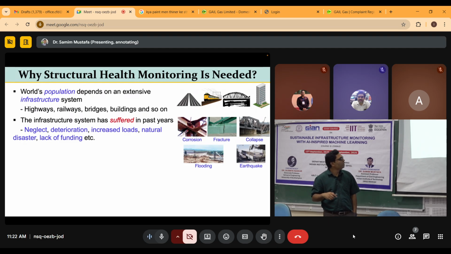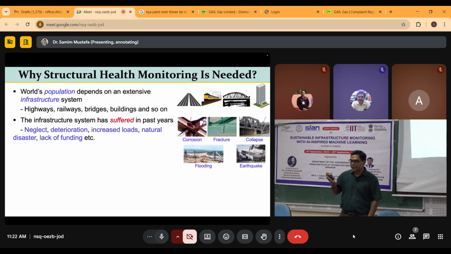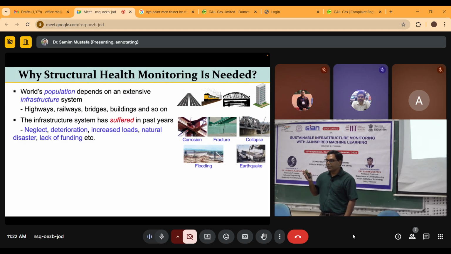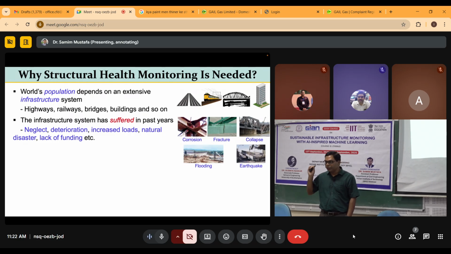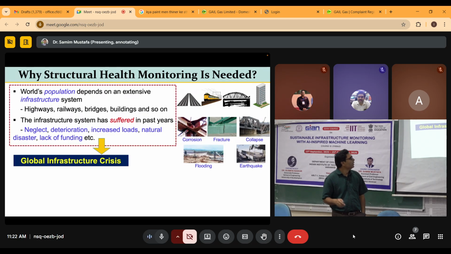So what we need to do is have a maintenance system to predict the life of this infrastructure, and also to have some understanding about the performance of existing infrastructure, how they are performing. If there is damage, when will it occur? And if it is occurring, we should be able to detect it, and then we can use a preventive maintenance system. So these are the things that call for the attention of